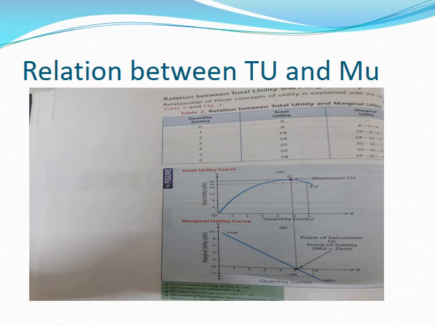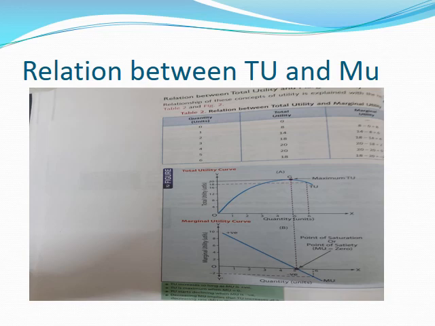Then you learned how to draw a table as well as a diagram. So today we are going to study the relationship between total utility and marginal utility. We have drawn here an imaginary total utility and marginal utility schedule. Look at the table carefully, then on the basis of this schedule, draw a diagram. First of all, draw the total utility curve. Total utility is shown on the y-axis, whereas units consumed are shown on the x-axis.